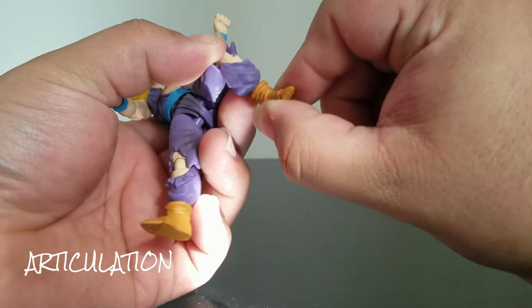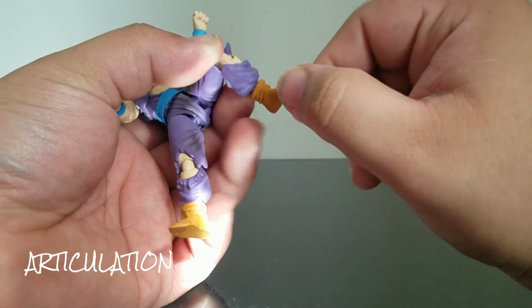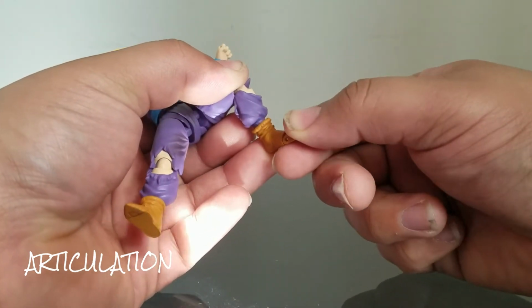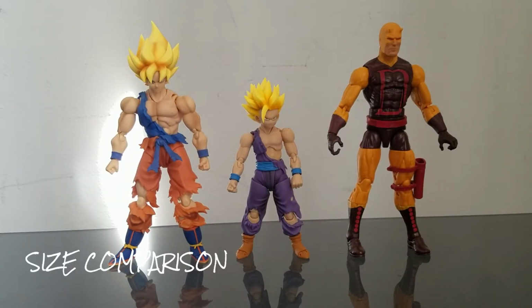Has no ankle pivot, so that kind of sucks. It has a little bit, but not too much. And it has toe articulation. Move up, not down. And just for size comparison, we have the Awakened Warrior Super Saiyan Goku from Tamashii Nations